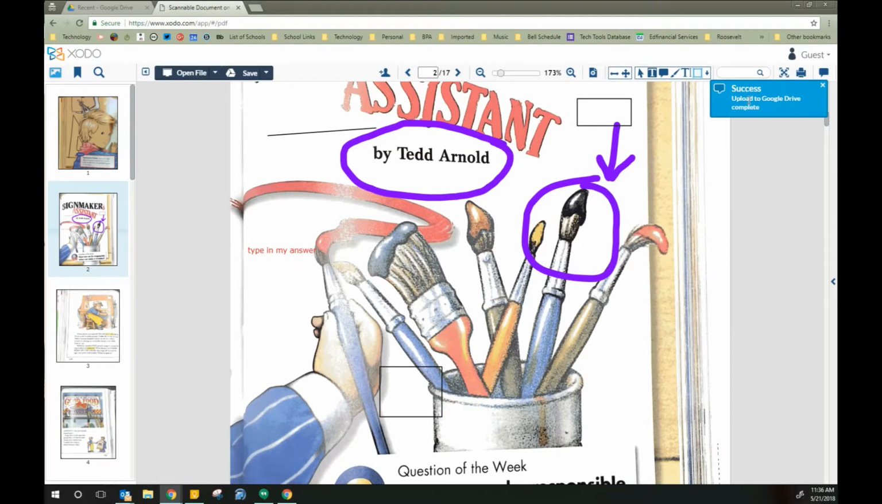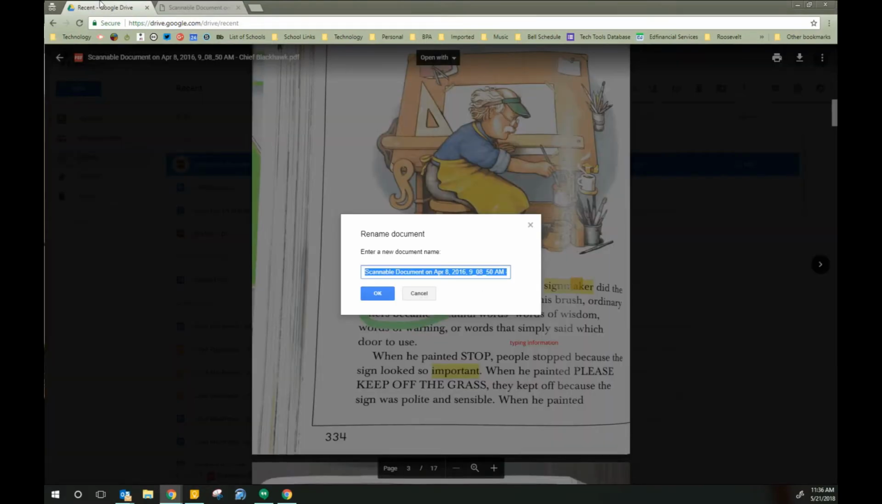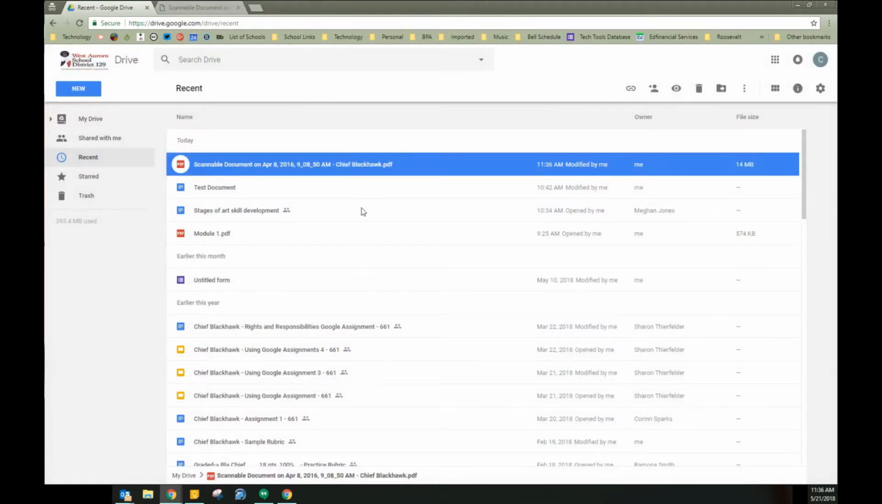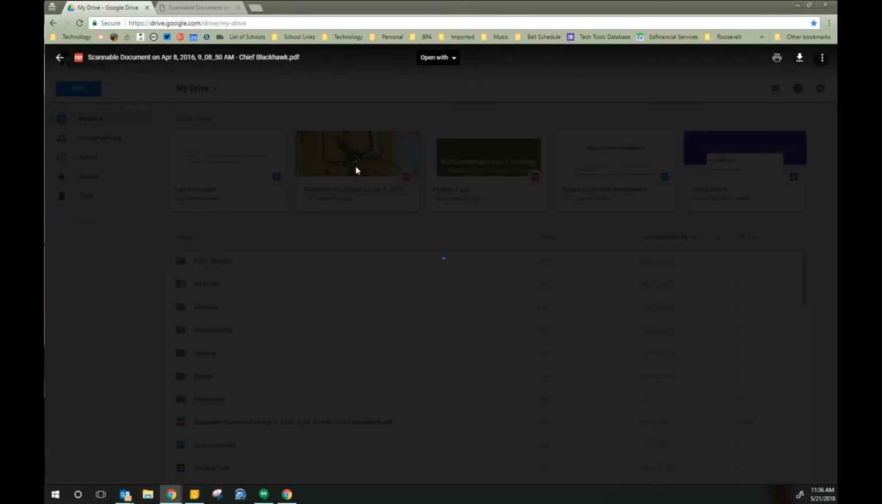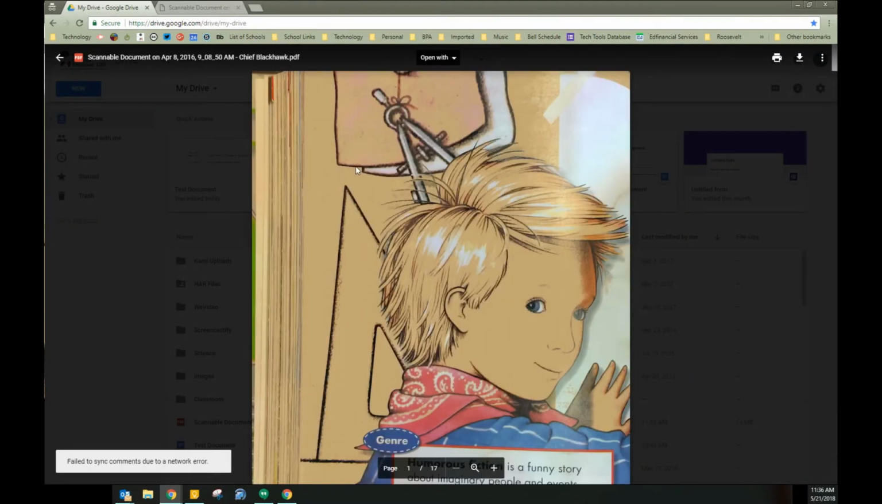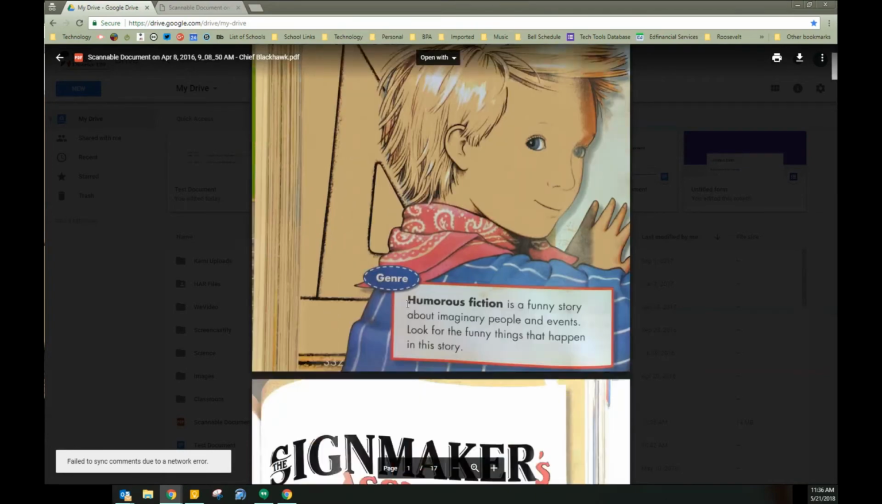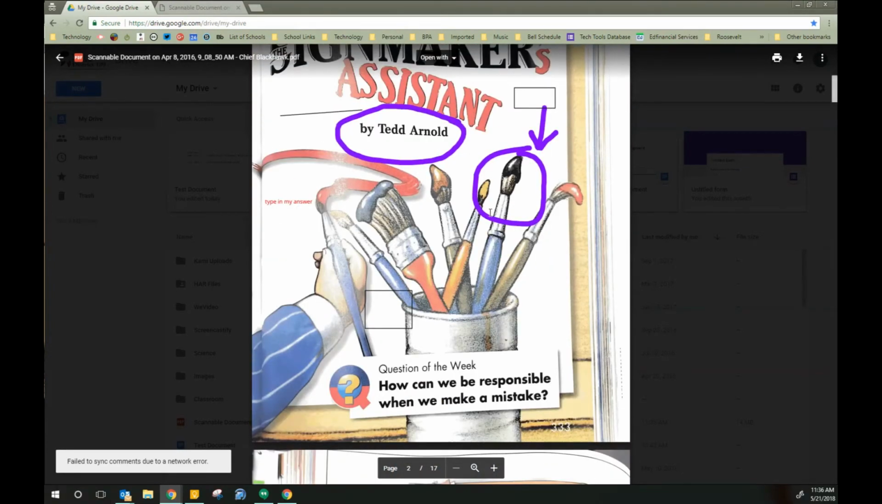And now I get this message that says successfully uploaded to Google Drive. I'm going to go back to my Google Drive and go back to my original document. Now it's not going to save a copy of it. This is actually going to save to the document that I opened. And you see here are the images that I did,